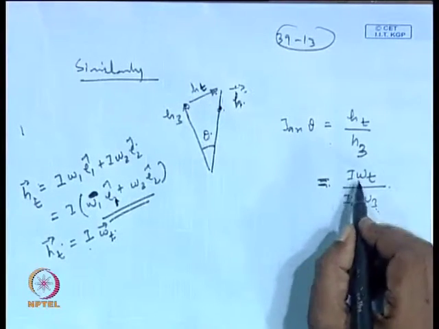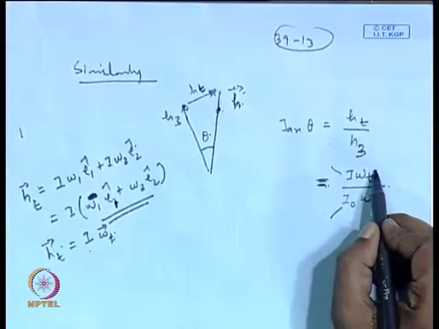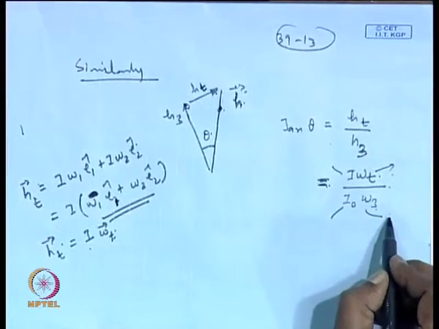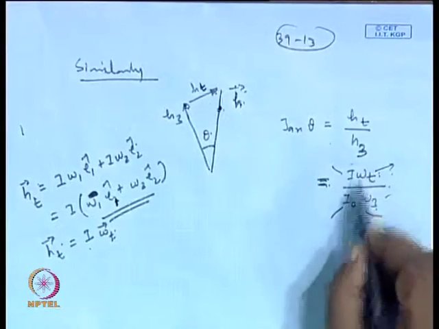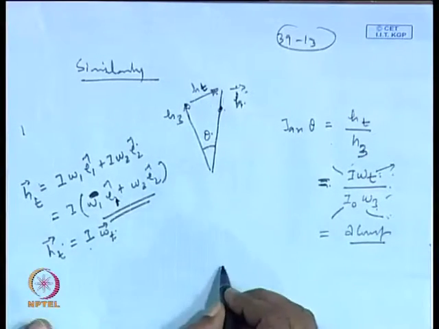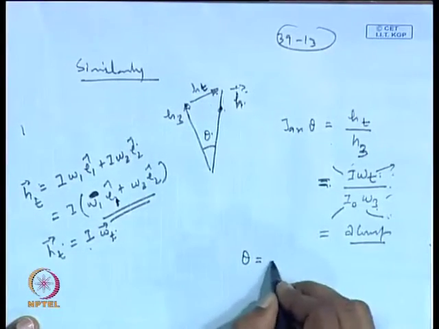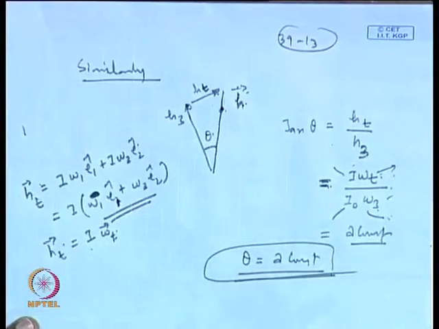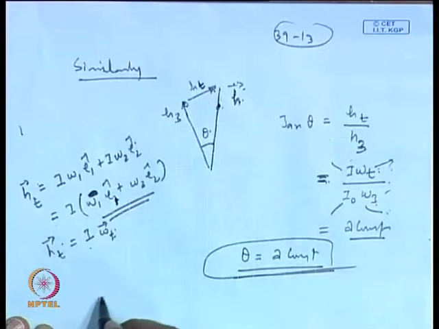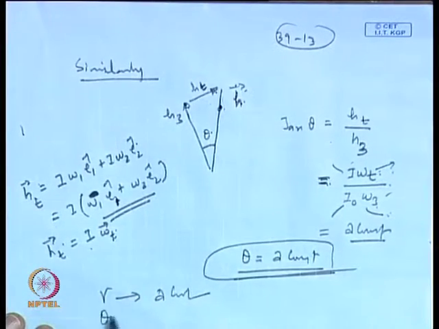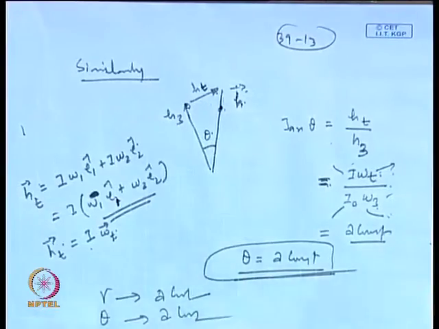So, this is I 0 times n or omega 3 or n. So, now see here, this is a constant, this is a constant, omega t is already a constant, we have proved it, omega 3 this is also a constant. So, all these 4 quantities are constant, therefore, this also implies this is a constant. So, what does it imply? That theta is also a constant. Okay. So, by our conclusion till now, gamma is a constant and theta is a constant.